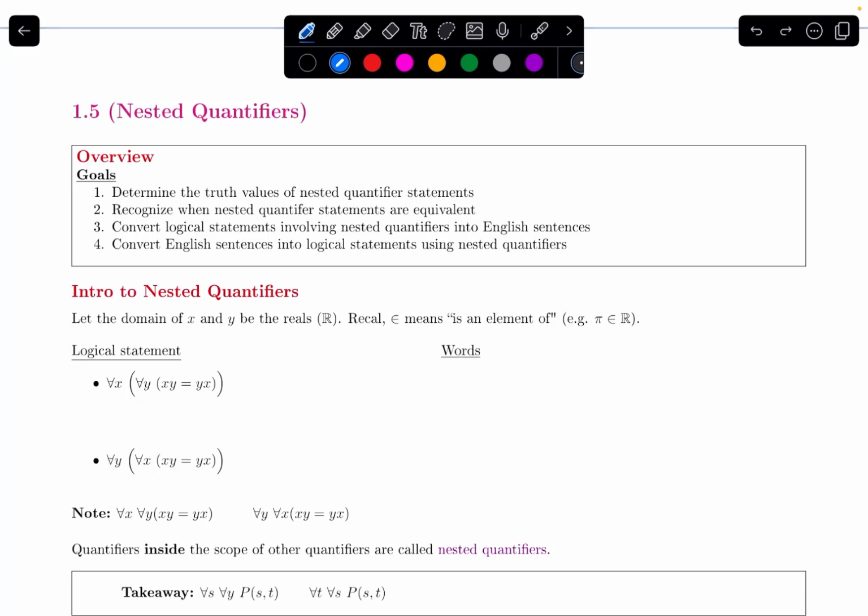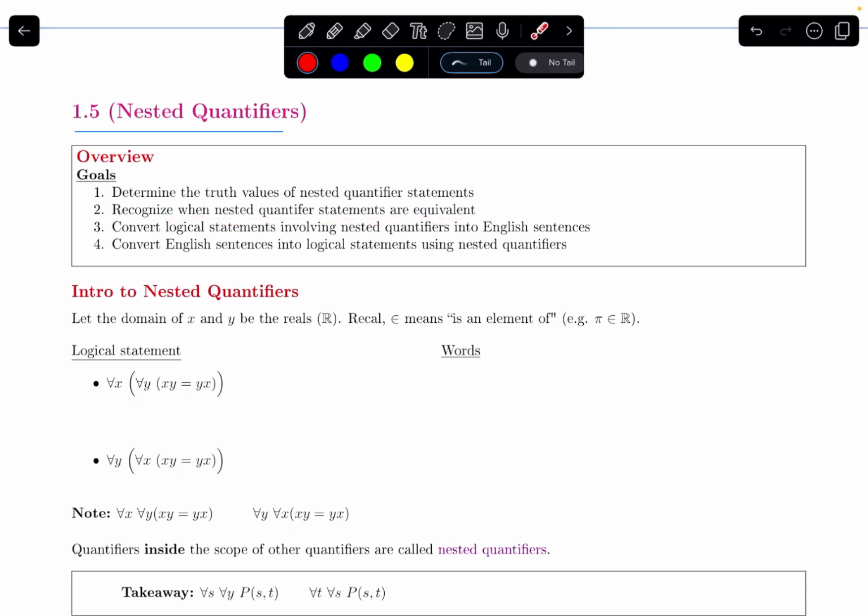In this video, we're starting section 1.5 on nested quantifiers. Nested quantifiers involve propositions where we have multiple quantifiers floating around, one inside of another. Our goals are to determine the truth values of these nested quantifier statements, recognize when nested quantifier statements are equivalent,